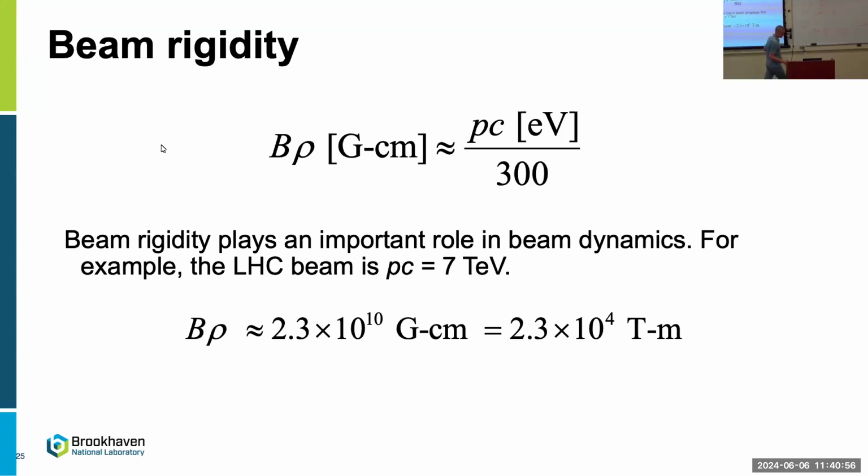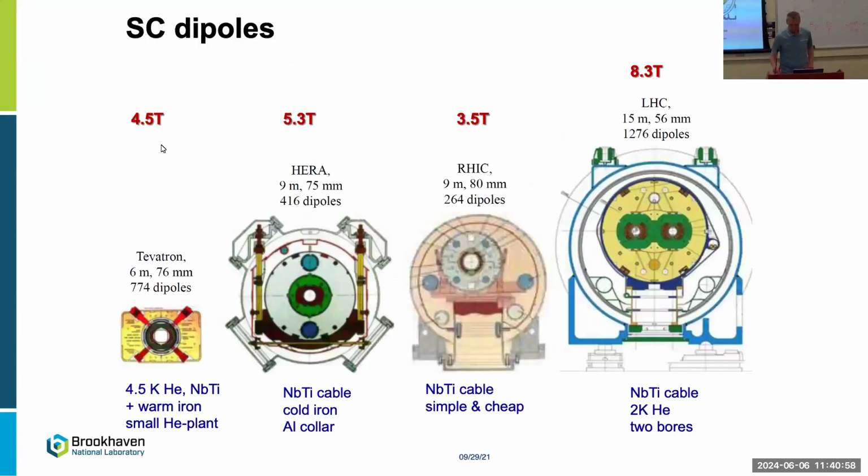What are those? Those are the dipoles, right? We started with the Tevatron. That's where all of the superconducting wire kind of came from in the world. That's where MRI resulted from, producing in quantities the wire that's called niobium titanium wire. Eventually, we built HERA. We built RHIC. This is what I'm going to be using. That's why it's so cost efficient for us to build this machine at Brookhaven, because we already have a bunch